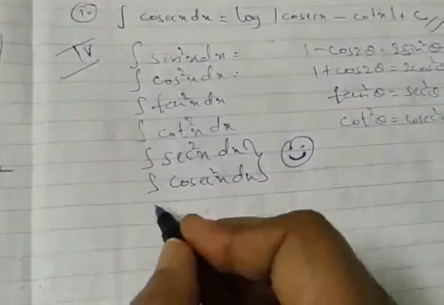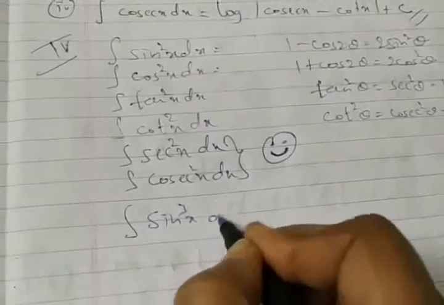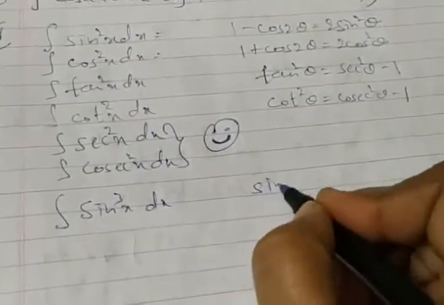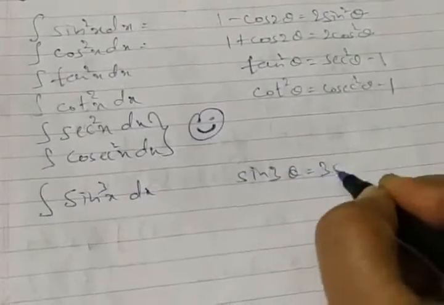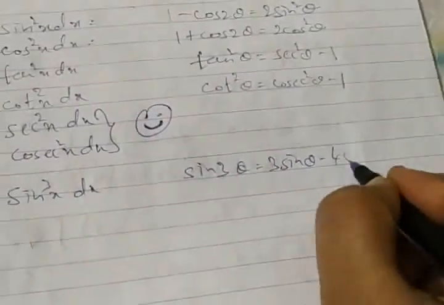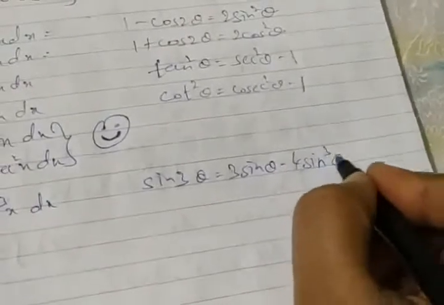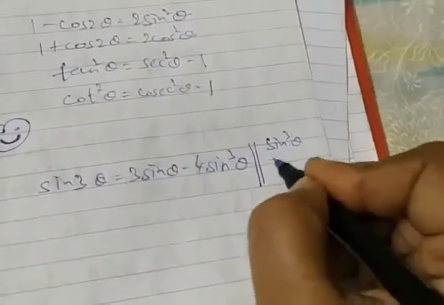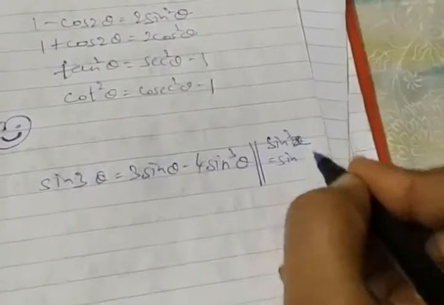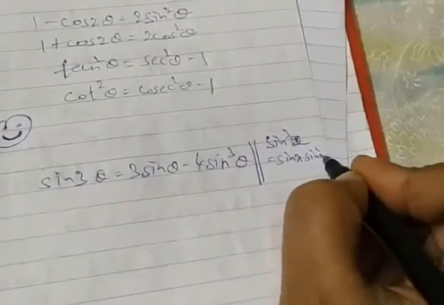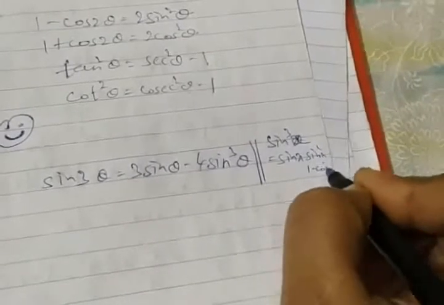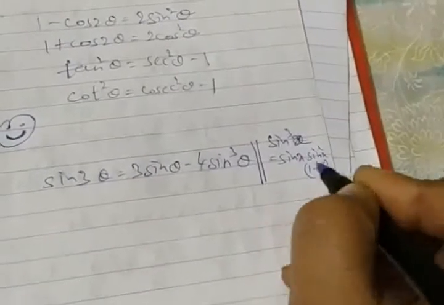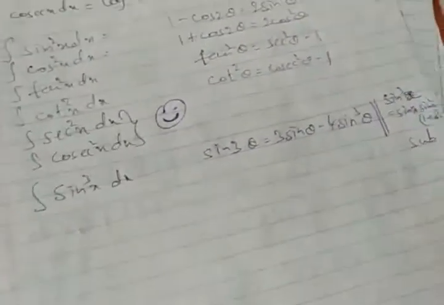Okay, fine. So whenever we have integration of sine cube x, which formula comes to your mind? You have to say, I have to use the formula sine 3 theta is equal to 3 sine theta minus 4 sine cube theta. Or you can keep one more option: use sine cube x as sine x into sine square x, then sine square x to be taken as 1 minus cos square x, and then claim for substitution method. So remember the step, either this or this method, any one you can stick to.